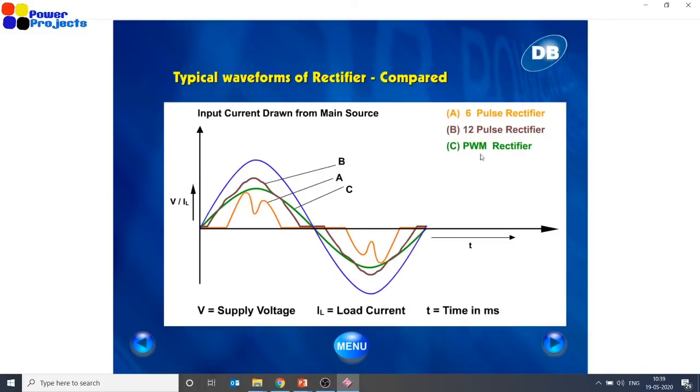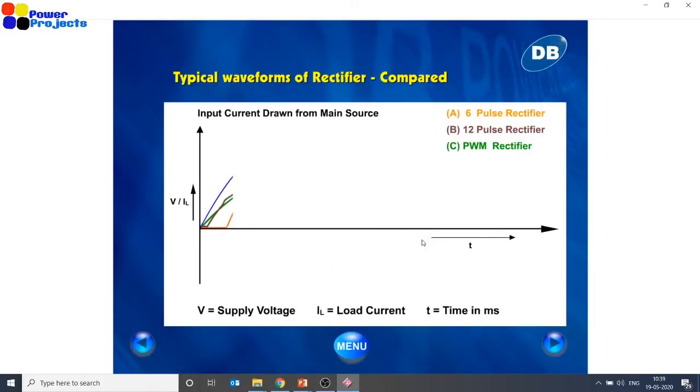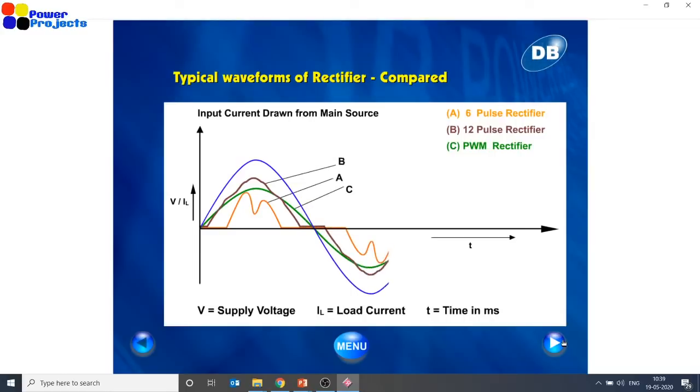But if you look at pulse width modulation rectifier, that means almost you are getting a sinusoidal wave. But anyway, these are all things which we need to really look into, individual products and their harmonics levels, etc., right? So for that, maybe at the end of the session, I may come up with some different variable frequency drives or solar inverters. What are their harmonics levels, etc.